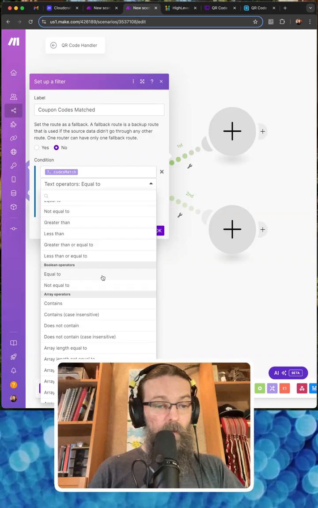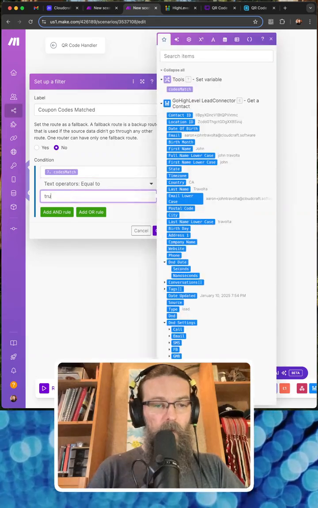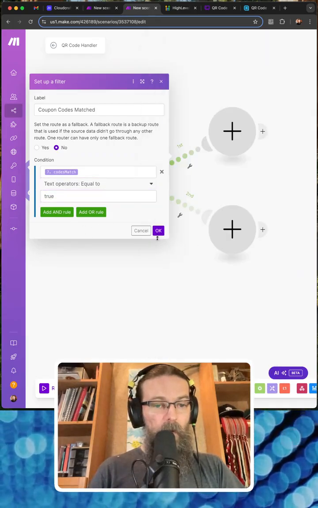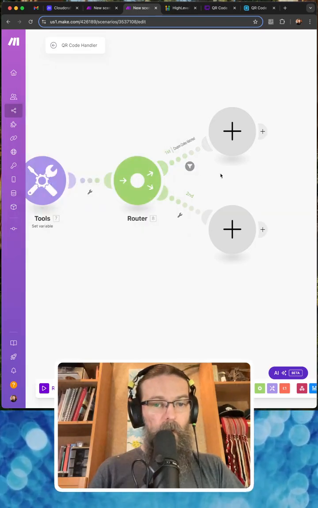Boolean operators. I'm just going to try with the equal to. We'll just try that. True. So if it's true, it should go here. Otherwise, it should go here. Let's just add